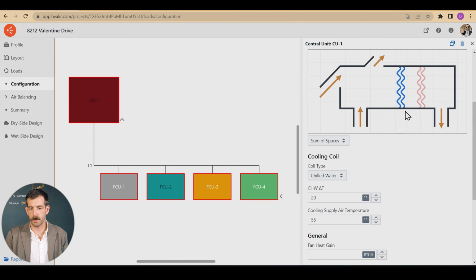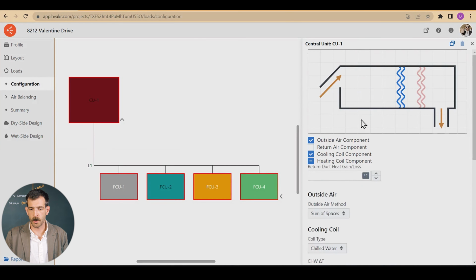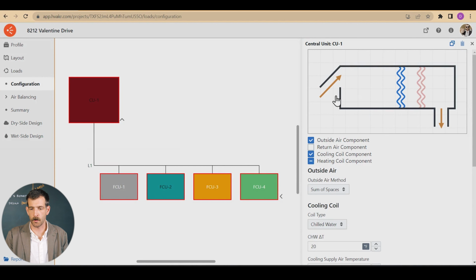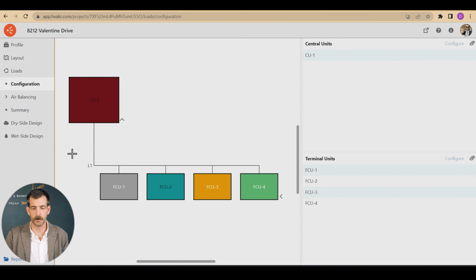I can go back and I can configure the system for DOAS with fan coil units. I'm going to turn off my return air, so it's outside air only. For this example, the heating and cooling is going to be on the terminal unit level only. So right now I have outside air going into my central unit, and that is it. Now, for my terminal units,